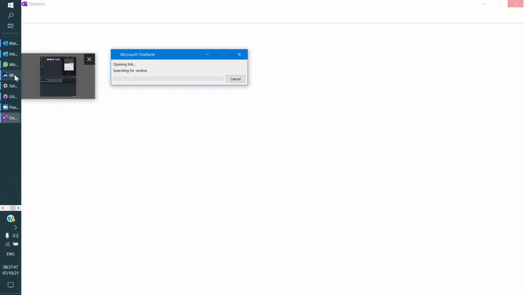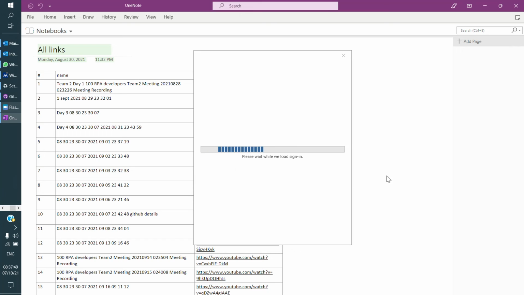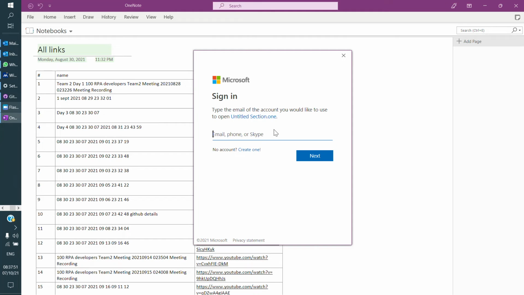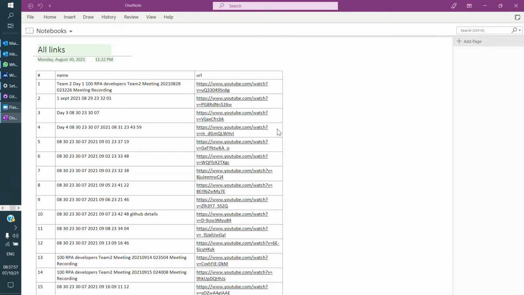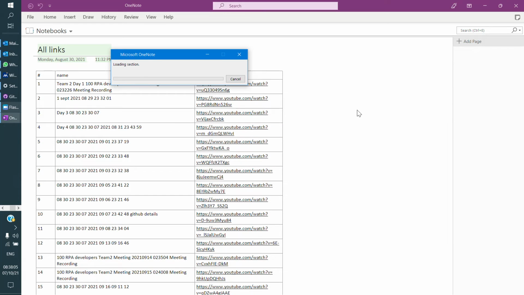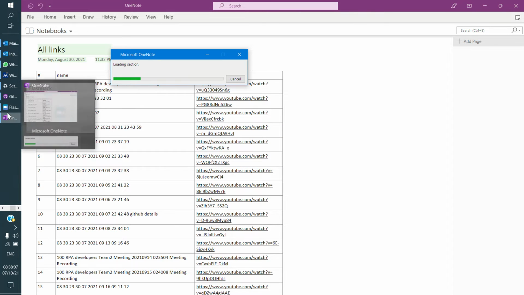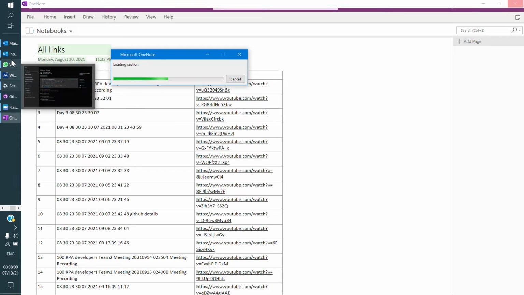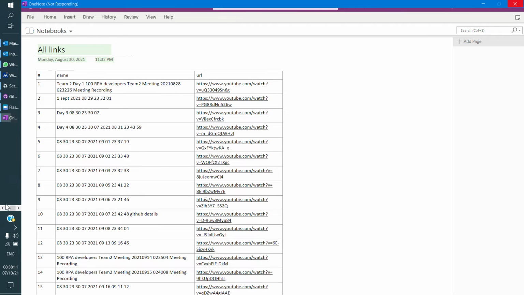I logged into GitHub and traversed to your folder. Then after that I clicked on fork. Yeah, you have already forked RPA 30 days.